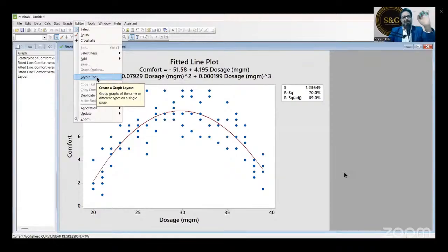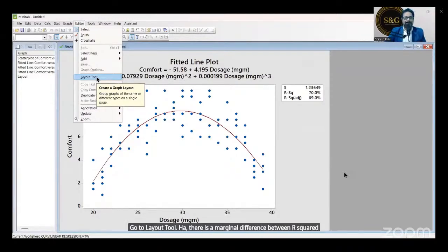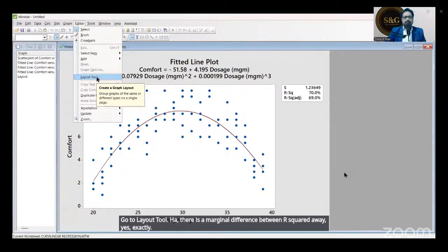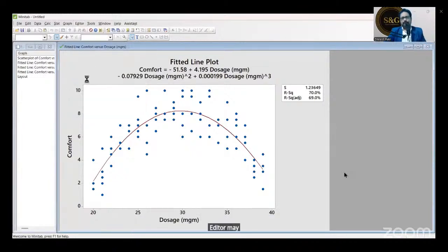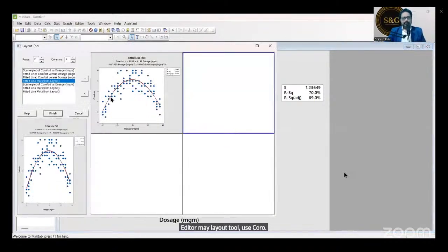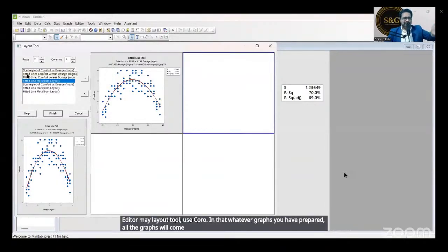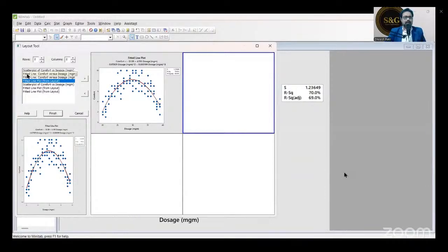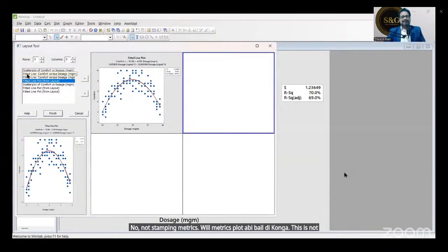Yes, there is a marginal difference between R squared. Yes exactly. Use the layout tool in the Editor. In that, whatever graphs you have prepared, all the graphs will come on the list, left hand side. No, not the matrix plot. I will show the matrix plot in a moment. This is not a matrix plot. This is different.